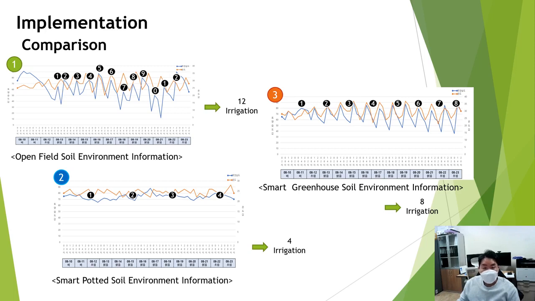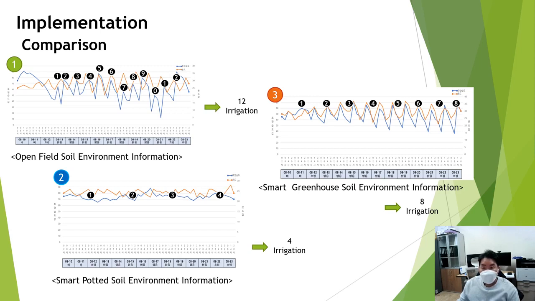In the case of figure 3, since it is the smart greenhouse, soil environment irrigation is not affected by the weather as shown in figure 2. A relatively stable graph was observed and 8 irrigations were conducted.